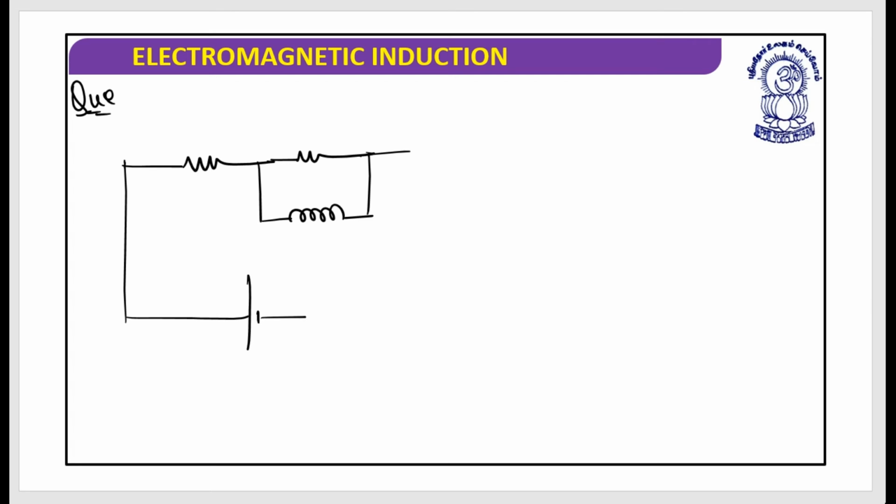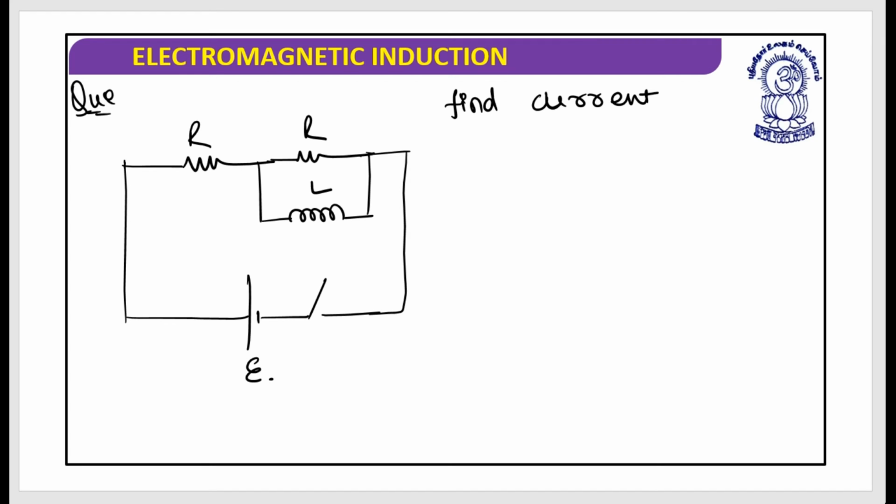Let's suppose a battery is there and the switch has been pressed. The battery is of EMF E, this resistance is R, and this inductor is L. So what they want is to find the current passed through the circuit